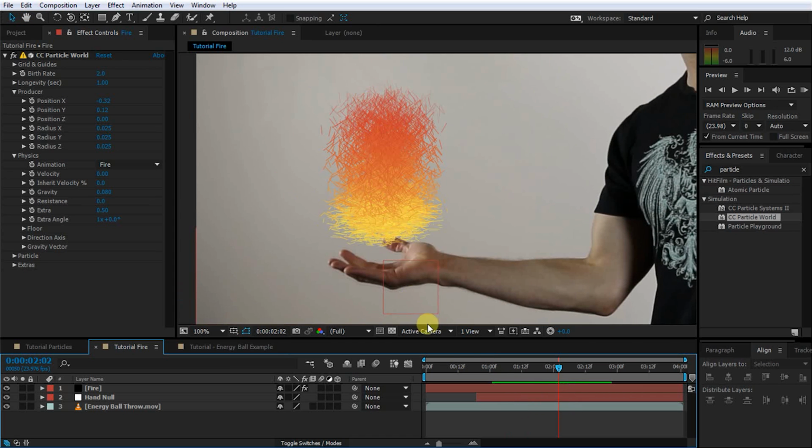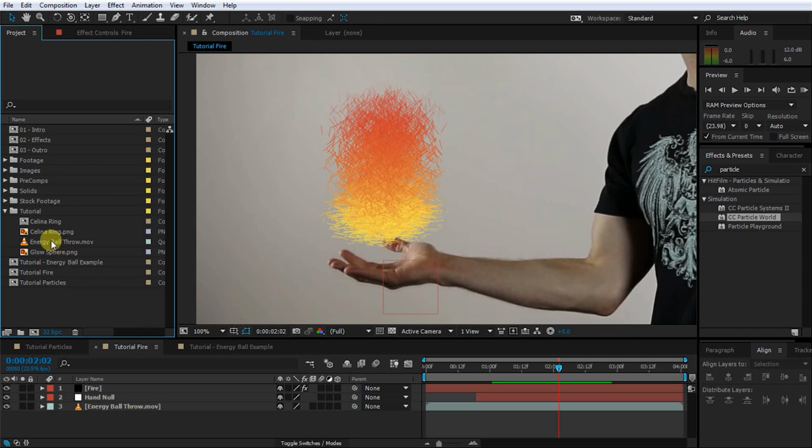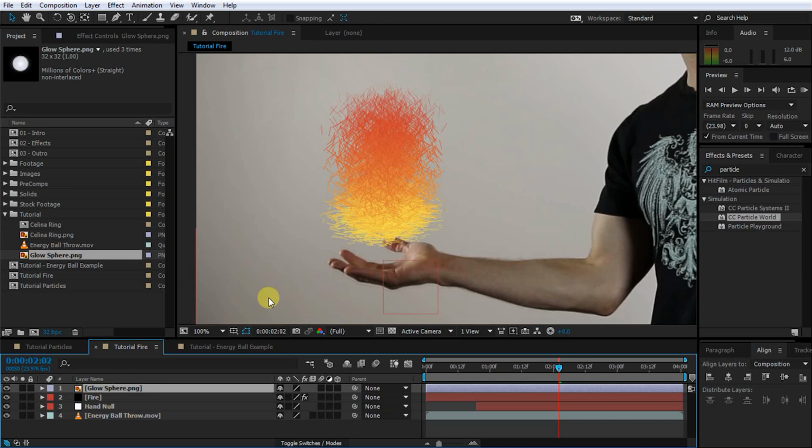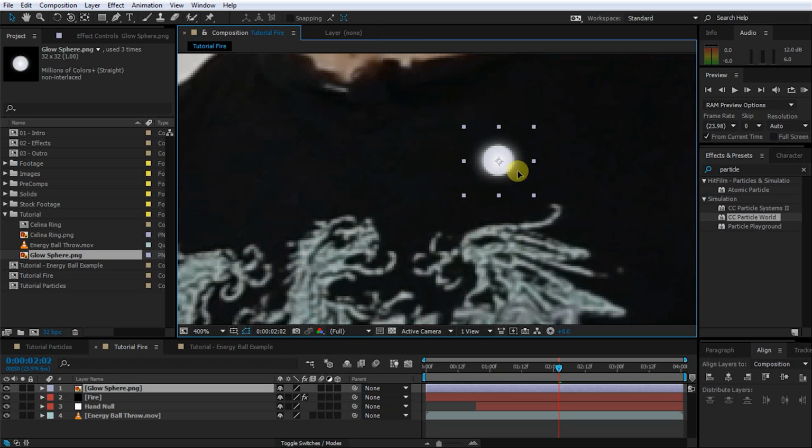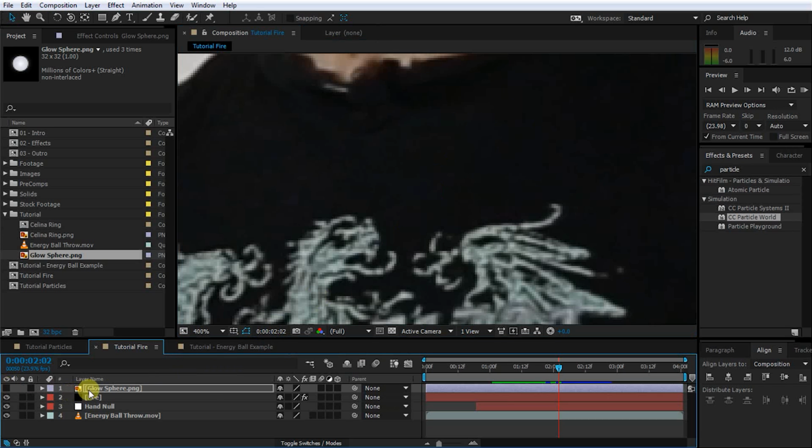Next, let's change the look of our particle. One of the cool things you can do with the CC Particle World effect is apply a texture to the particles. Here I have a very small image called a glow sphere. Let's drag this into our composition, and if we check this out, all it is is a little circle with a little bit of a glow around it. For this effect, this is how I want my individual fire particles to look. Because we don't actually need to see this layer, we can disable the visibility and drag it to the bottom